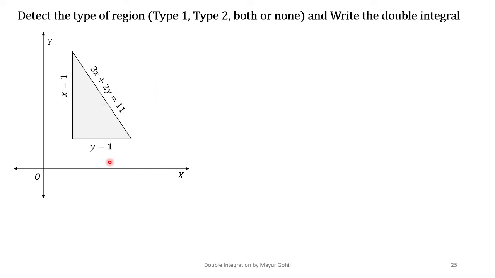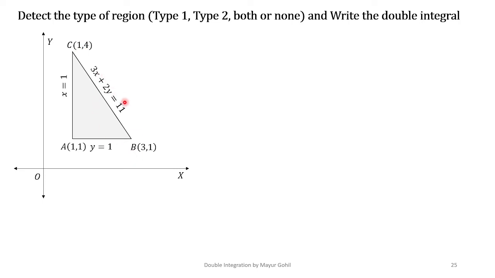Okay, so here we see a triangular region where the sides' equations are already given to us. Now I leave that working part for you to find out the intersection points on your own. So I straight away mention the intersection points: here it's going to be 1 comma 1. At this vertex it's going to be 3 comma 1, and at the topmost vertex C it's going to be 1 comma 4.